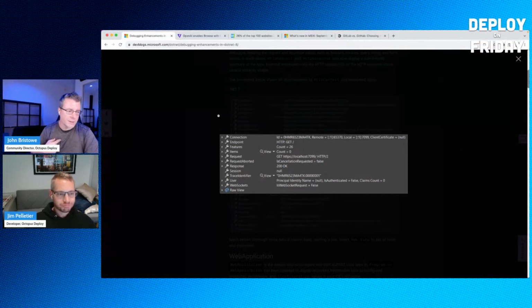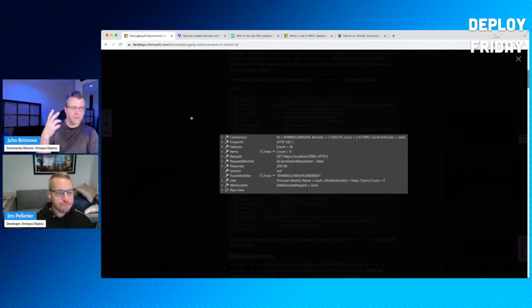So if we wanted to, we could do this in Octopus Deploy. Everyone watching this, just ignore Jim and I for a second. If there are types that we commonly inspect in the debugger in Octopus Deploy, and we want to surface those values to the debugger, we can annotate the classes in our framework to do that, because we use .NET.